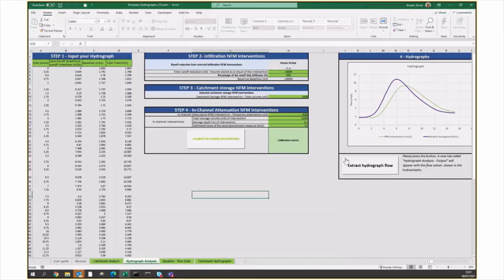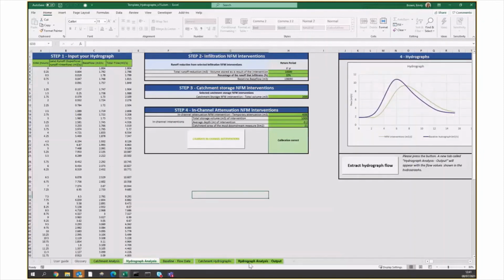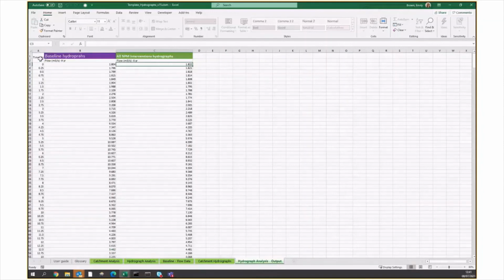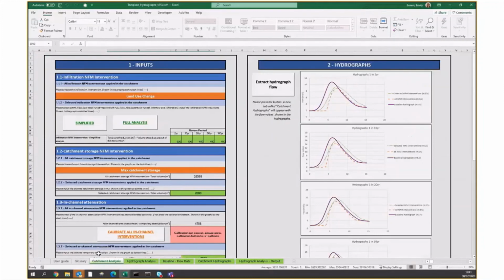And again, we've got a similar button here to extract hydrograph flow data. So if you press this, another tab will appear called Hydrograph Analysis Output. And in here is presented the baseline and NFM interventions hydrographs, again, if you wish to present it in a different way. So this is the hydrograph spreadsheet calculator. I hope that's gone through and calculated